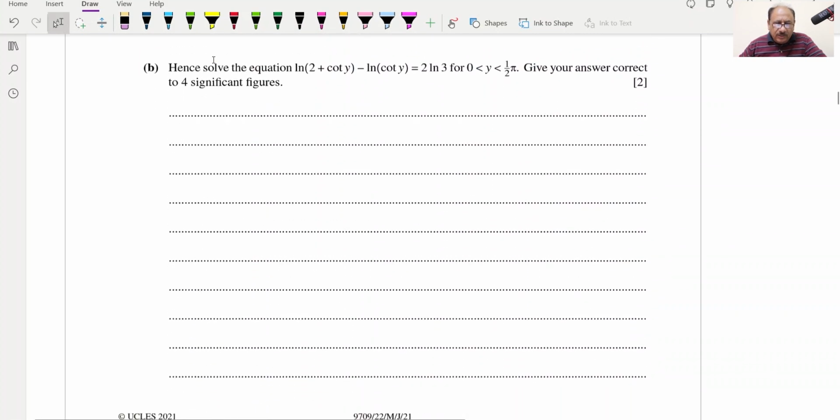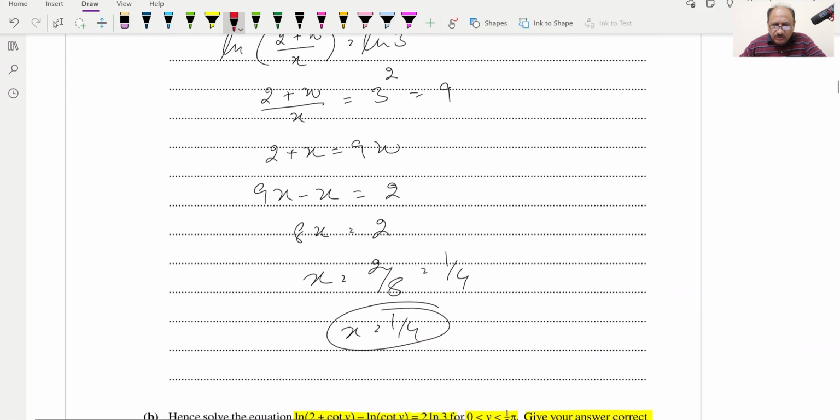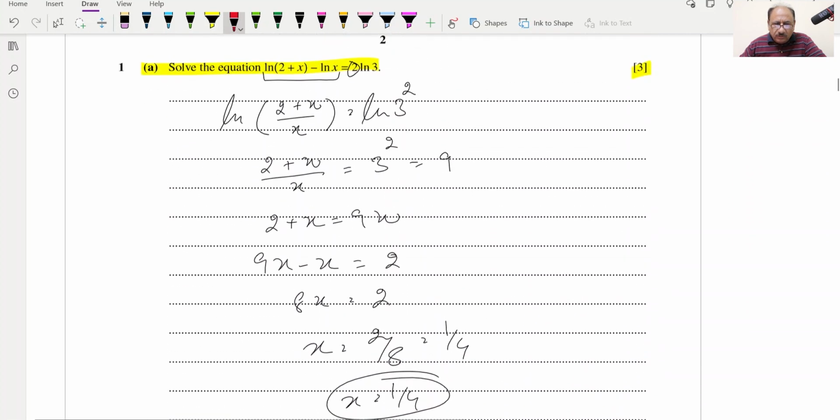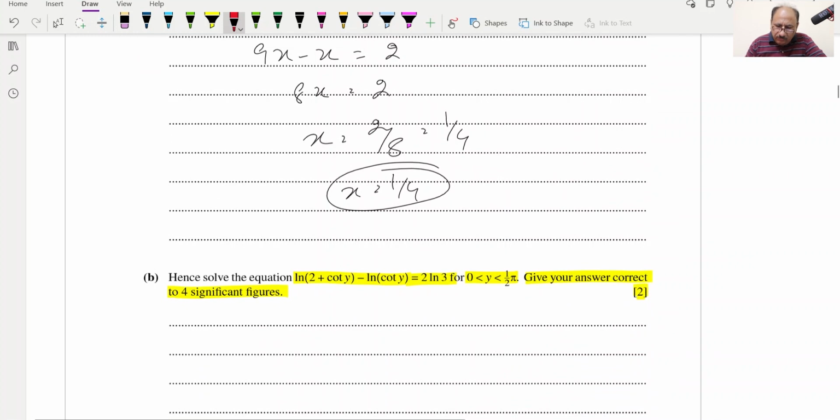Now B part, hence solve the equation, this one is equal to 2 log 3, for 0 to pi by 2. Give your answer correct to 4 significant figures. This is a 4 mark question. If we check this equation and the previous equation given, which was log(2 + x), here we have 2 + cot y. So cotangent y takes the place of x, and from here we can write,